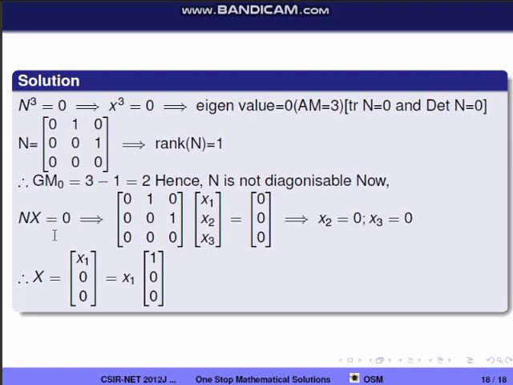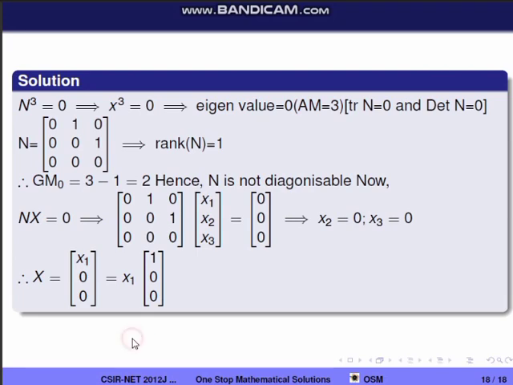Now I am finding the eigenvector with respect to 0. So we have to satisfy that last concept, that is (N minus lambda I)x equal to 0. Here lambda is 0, so it should satisfy Nx equal to 0. So I am taking it as a column vector x1, x2, x3. When we multiply this and equate to 0, we get x2 equal to 0 and x3 equal to 0. x1 can be any real number. So we get x equal to (x, 0, 0), that is, taking x outside, x times (1, 0, 0). So we got only one linearly independent non-zero vector.